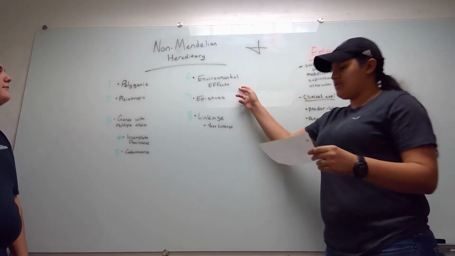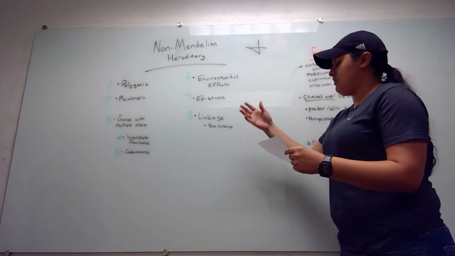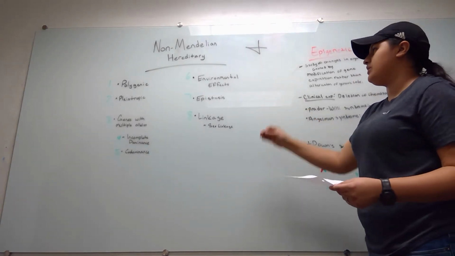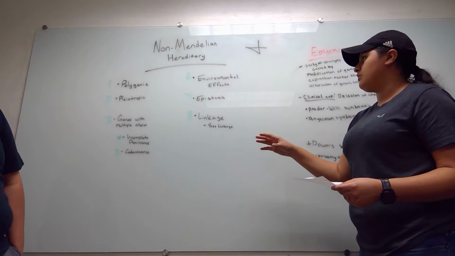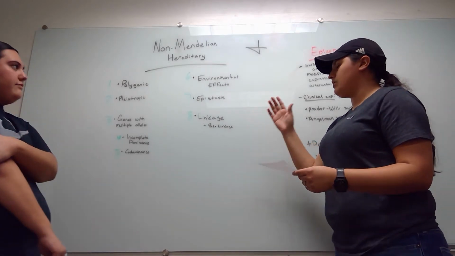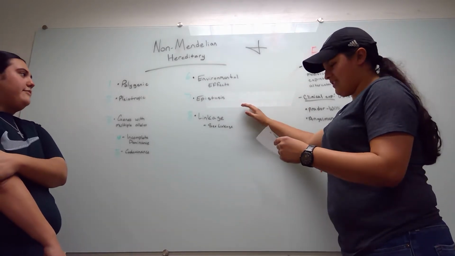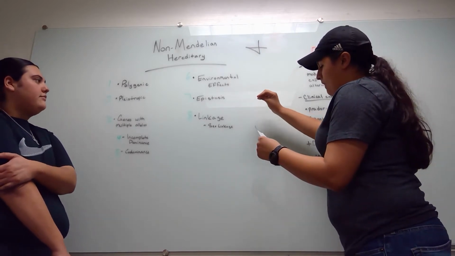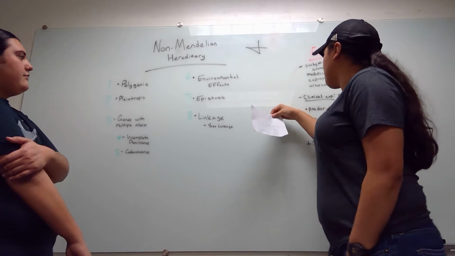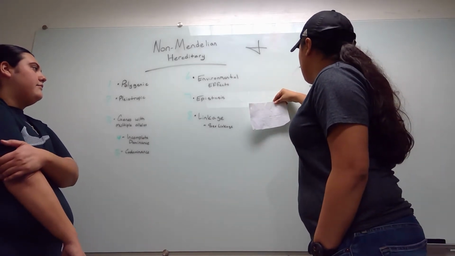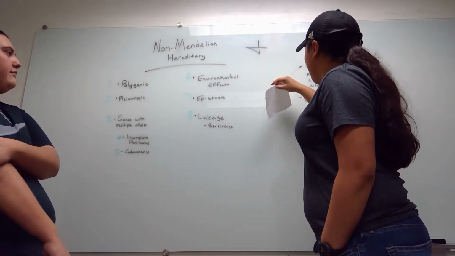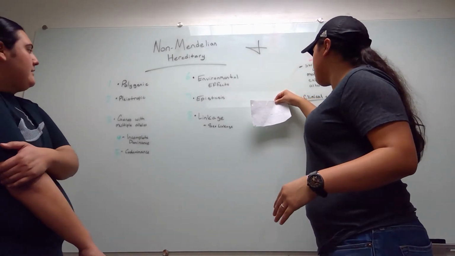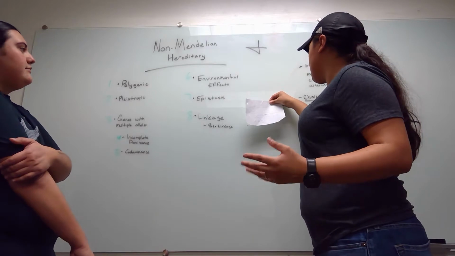So for the environmental effects, it's when the environment controls the expression of genes, which is why some cats are completely white, or some rabbits are completely white if they live in a winter area or cold. Epistasis is when genes interact after the phenotype is expressed. So it's when recessive phenotype parents can make a dominant phenotype, and it's also when the dominant phenotype parents